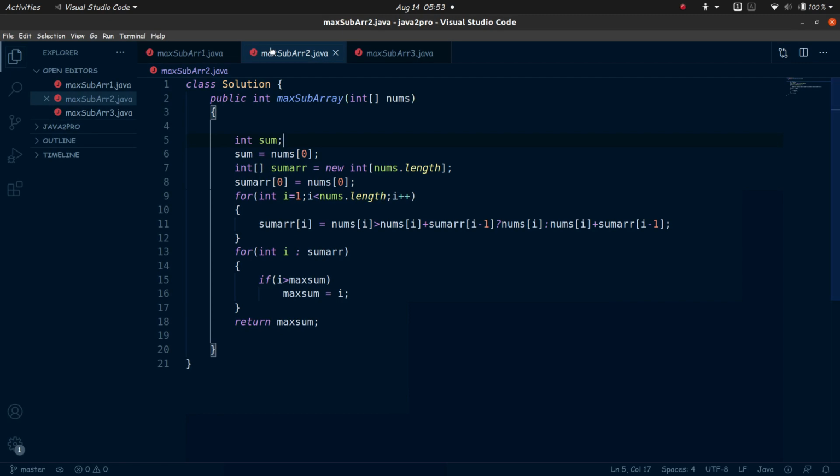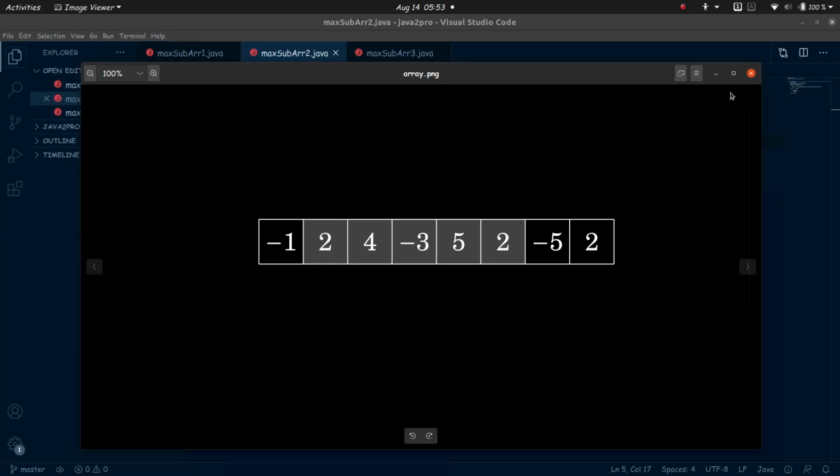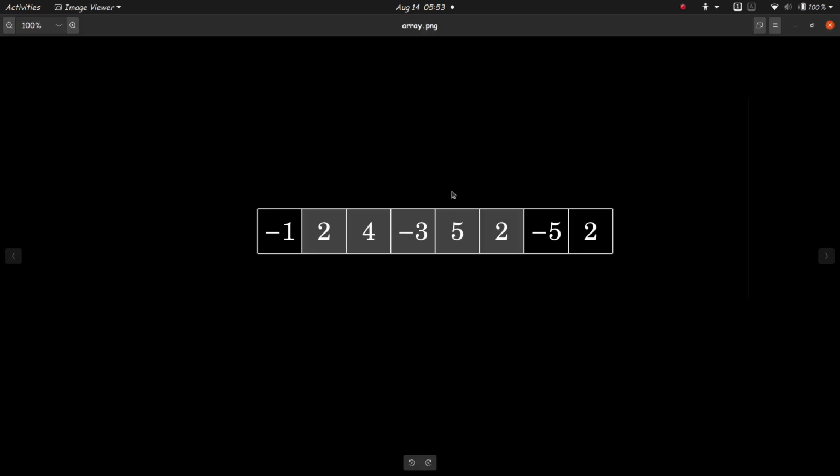And so the good solution here is this one. So let's see how we came up with this good solution. For that I am going to need an array to show this to you, and then I'll need something to draw. Okay, so now the gray area that you see, this is the desired solution that we want. Now how do we come up with this solution? So let's assume that we have got only one element here.